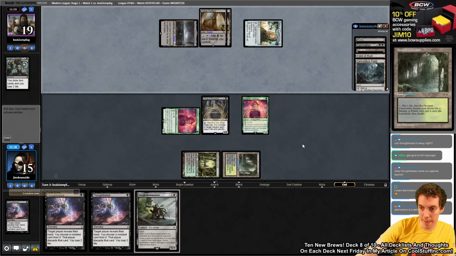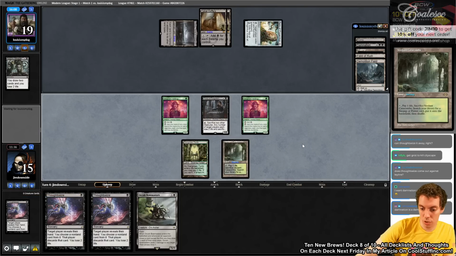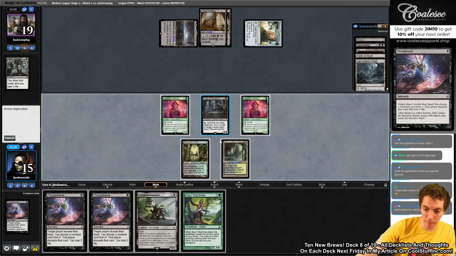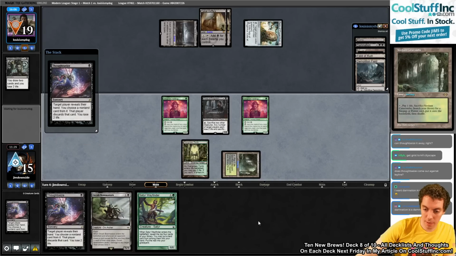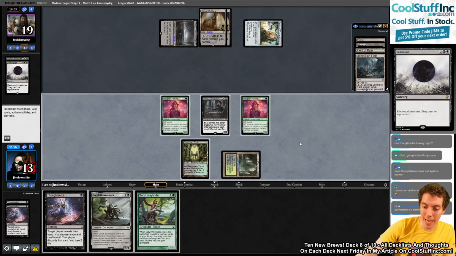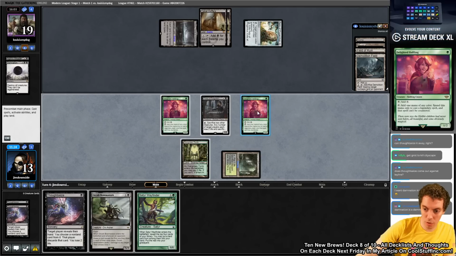Alright. Untap. And Satyr Wayfinder is the draw. Relic's obviously annoying for us. We have to Thoughtseize them. We'll start there. Let's see the other hand. So they have 4 lands. We're going to go